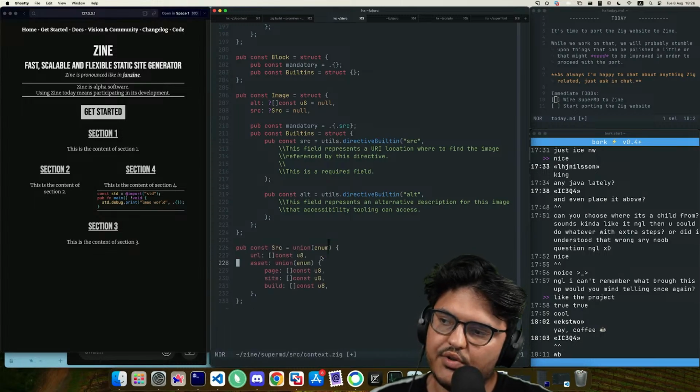Okay. So URL or an asset: page, site, build.